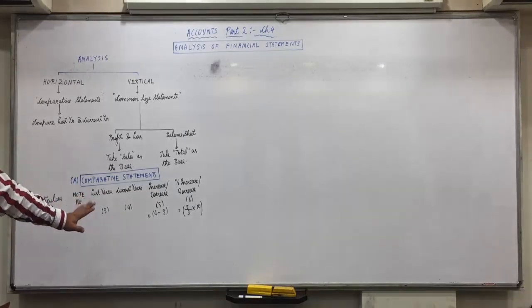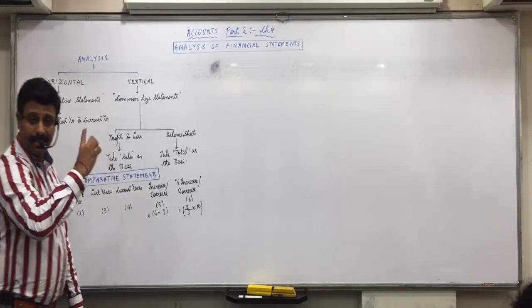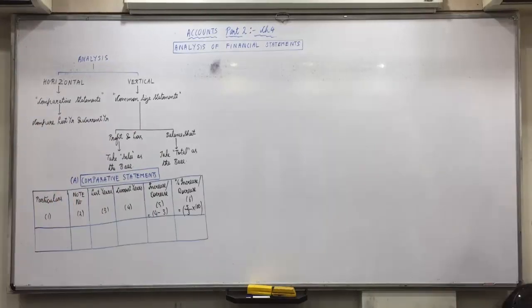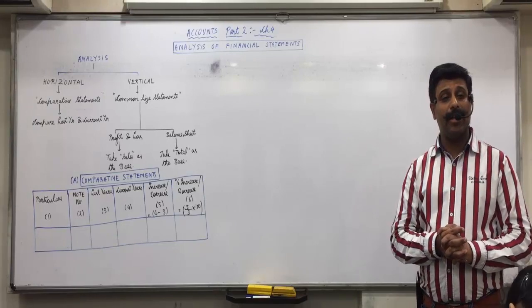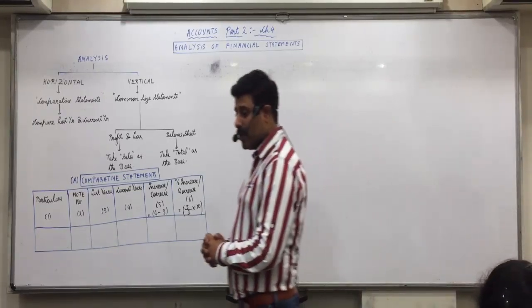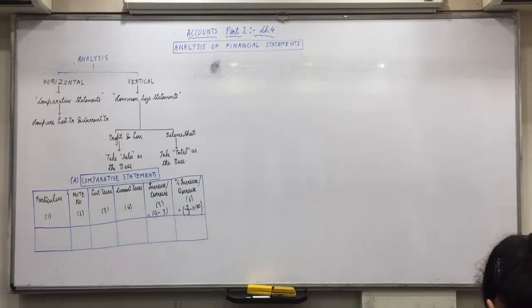Any confusions? So make this 3-4 line format in the summary, how to make the comparative statements. So after this one page, one slide, you will leave a page for the summary for common size statement, and 2 formulas will come on one side. Then we'll start with the questions. One question I'll explain to you and 2 you will explain to me. Okay? Total 3 questions we'll do today. Any confusion in these columns, raise your hand. Who are still making this, raise your hand.